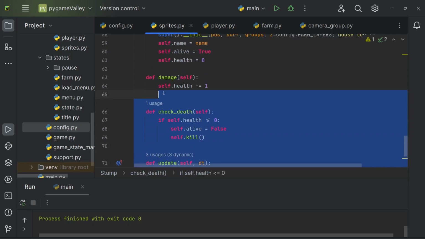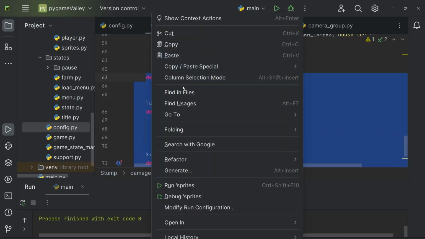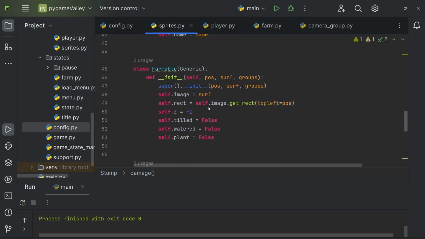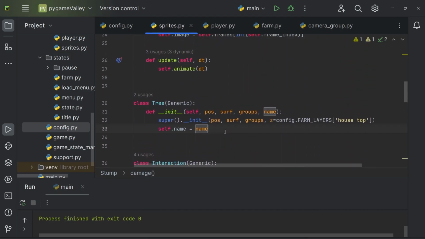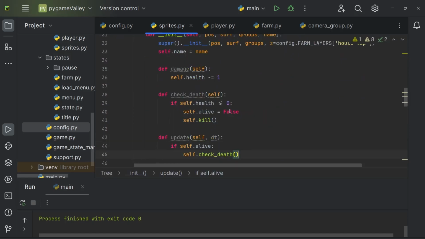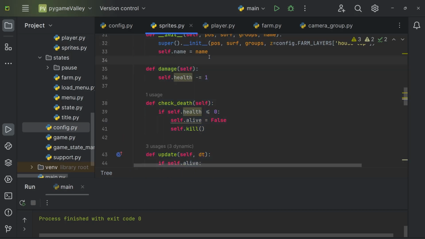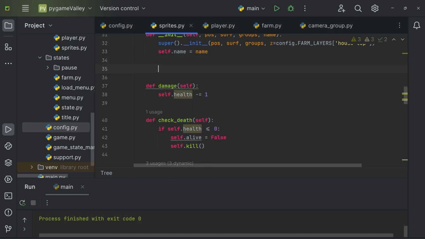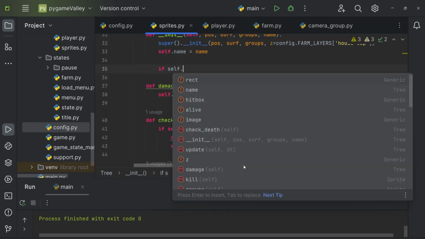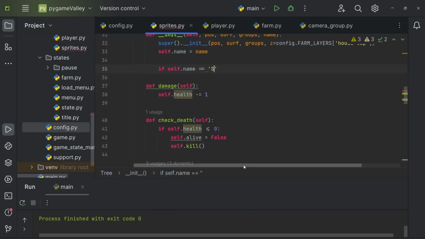And we're basically going to add the same stuff to trees, but with a few changes. I need to indent that back a bit. So we're going to do if self.name, and these are the names that came from the Tiled map, the names that I put in when I created the map. So if self.name is equal to small,